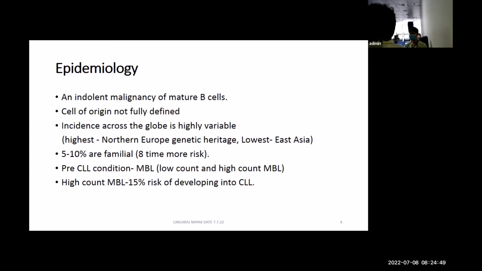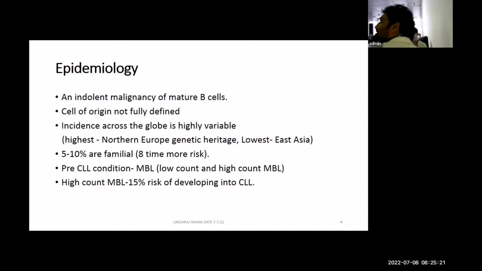Now, it is familial. It is one of the hematologic lymphoid malignancies which has a significant familial tendency, and if a person has CLL, the chances that subsequent family members will develop CLL is almost 8 times. So definitely this is pretty high, but there is no single gene that has been defined such that if it is present, then the risk is high. There are almost 40 to 50 genetic polymorphisms seen in CLL. So definitely it is multifactorial, but the contribution of genetics is paramount.